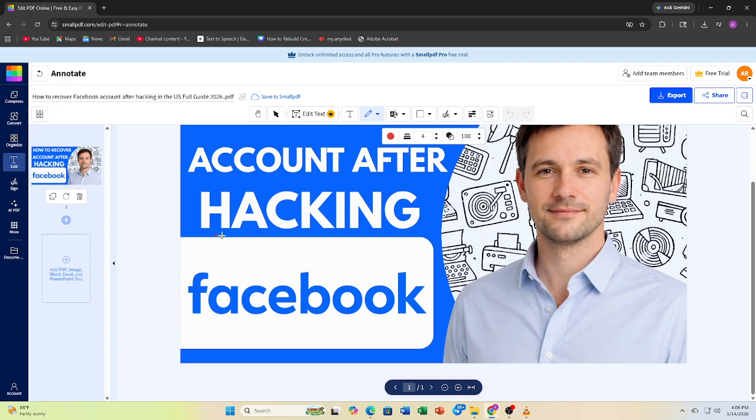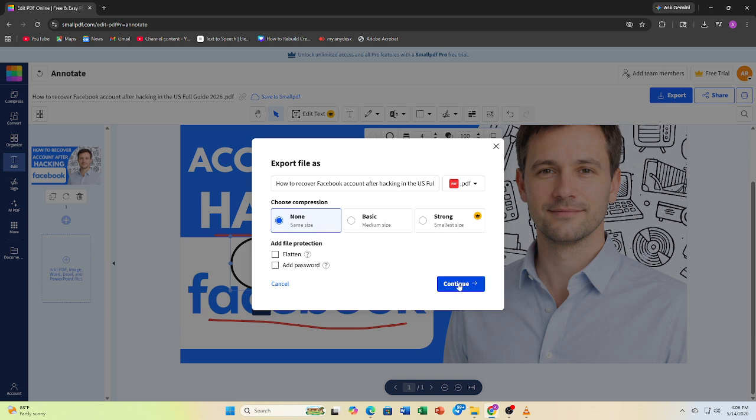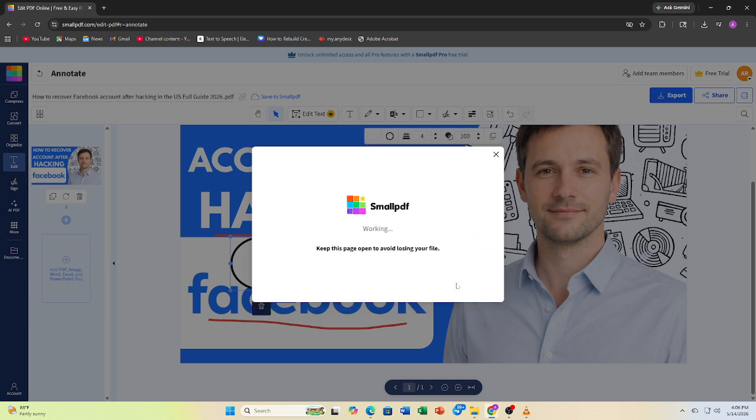Next, save the PDF after adding highlights and notes. Make sure you save a separate copy if you want to keep the original clean. Finally, reopen the PDF to check your annotations before sharing it. So this ensures all highlights and comments appear correctly, and that's how to highlight and annotate PDF files for free